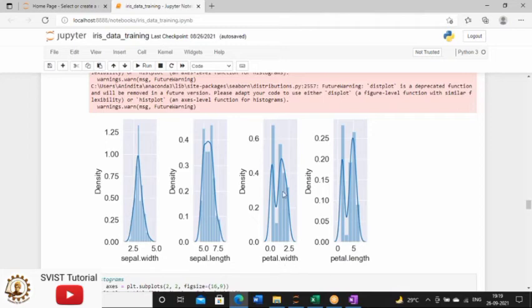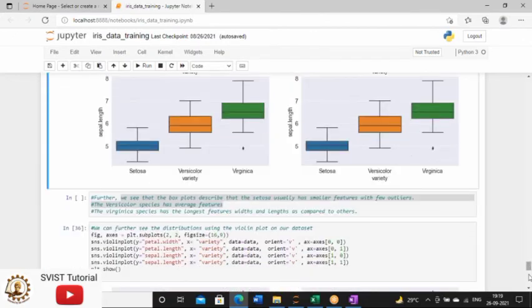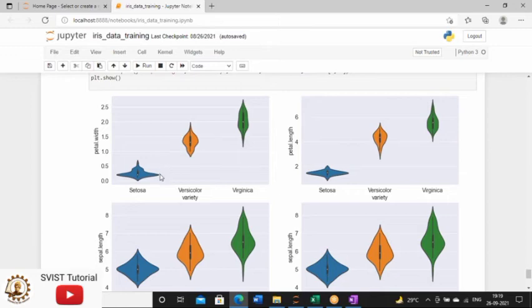Petal width, you will find, is not a Gaussian distribution. So you have to observe the mirror image, meaning the shape of the violin. Then only you will be able to find the distribution. And here you don't have to find the amount of density. You have to find whether they are normally distributed or not. So this is the very basic thing you have to remember.